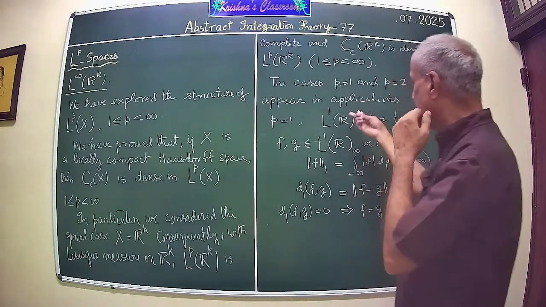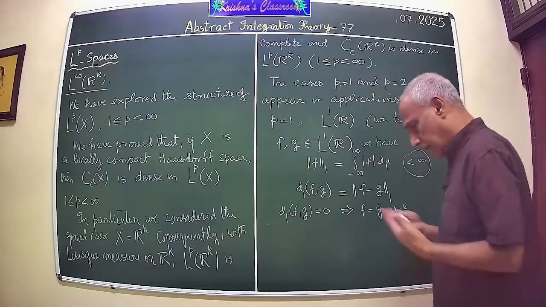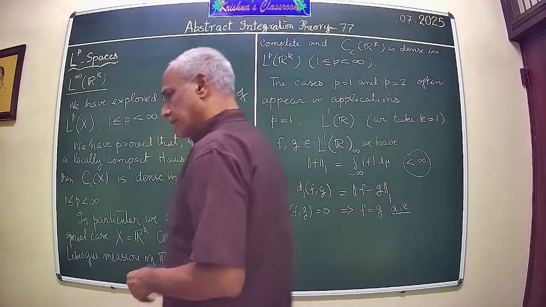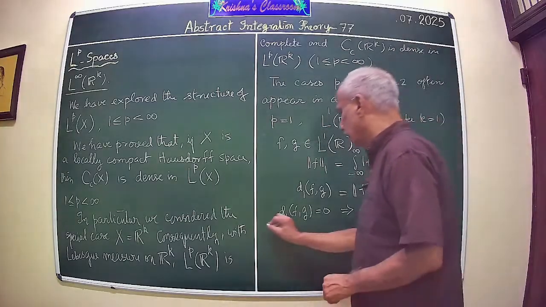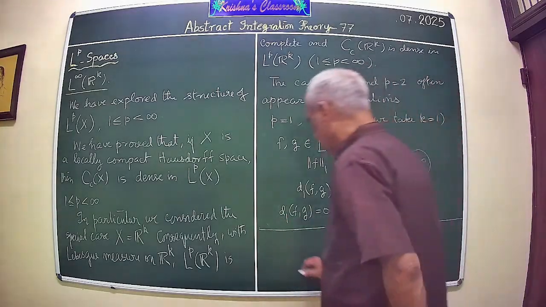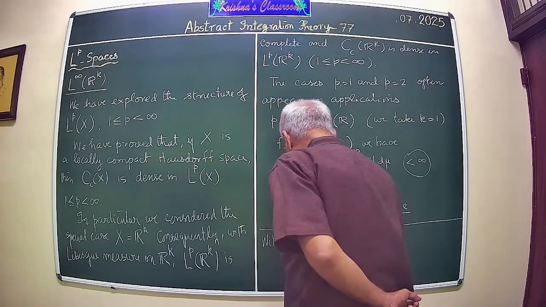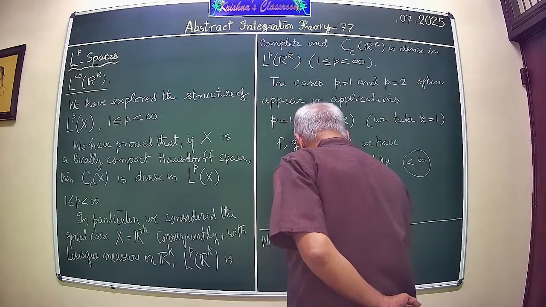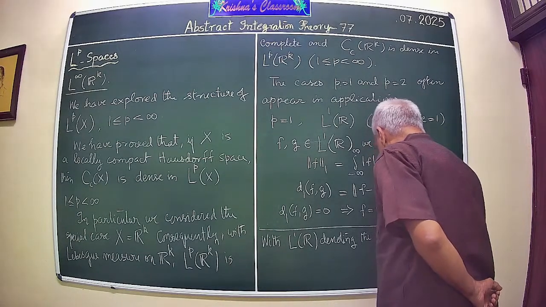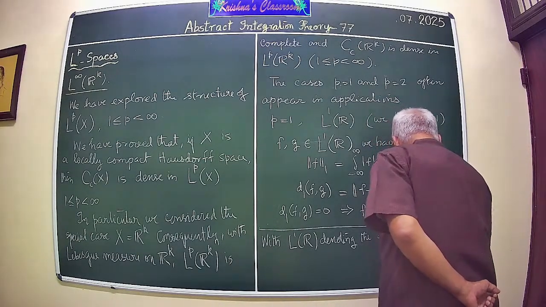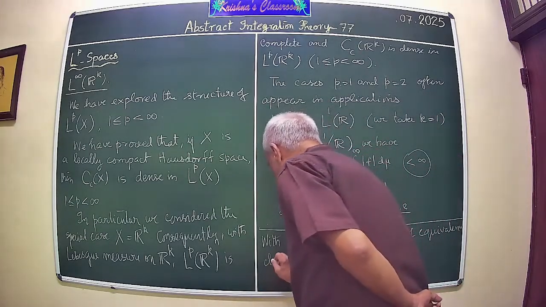So we introduce a relation on the basic set of functions, and eventually by looking at the equivalence classes and then once again introducing the distance on it, we see that with L1(R) denoting the space of equivalence classes of functions,